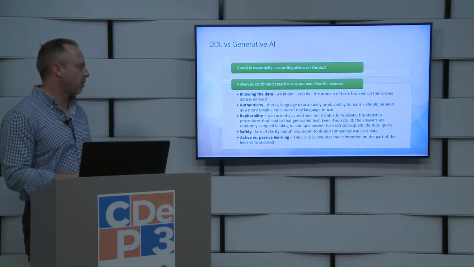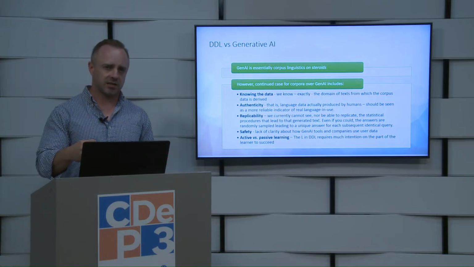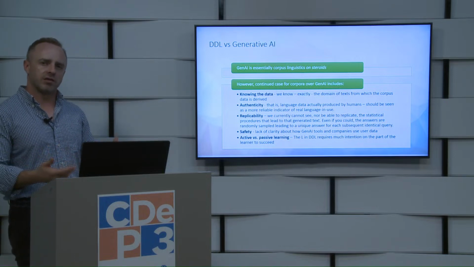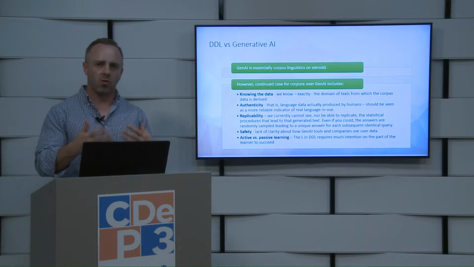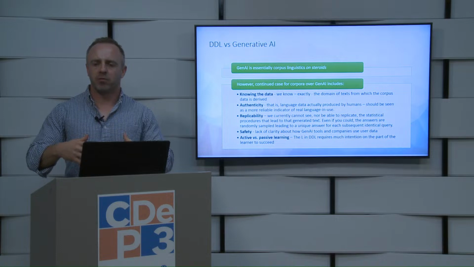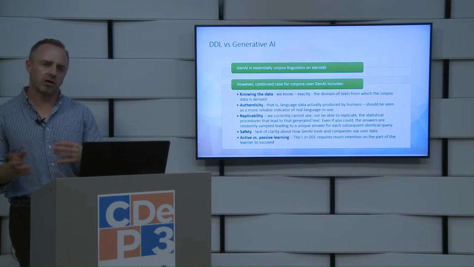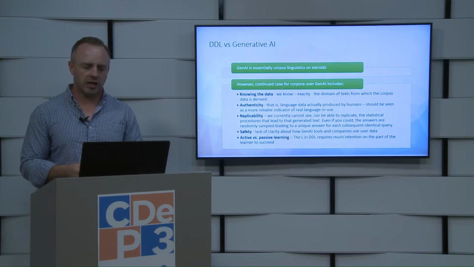Corpus findings are replicable. Whenever we search for something, we should get exactly the same result every single time. CorpusMate and other similar corpus tools are safe in that we know what the output's going to be. We can be sure that the information that's contained in the corpus data is true and that students are not going to be led one way or another with the machine hallucinating.